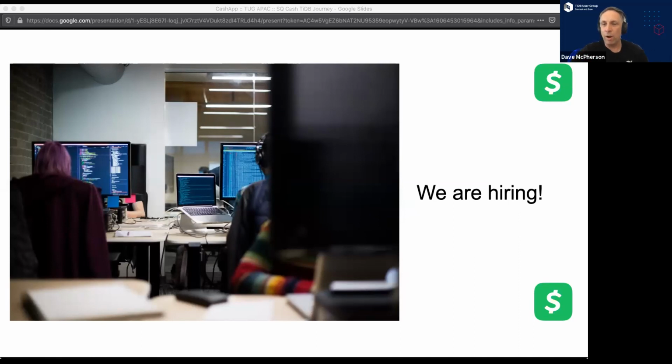So we are actually hiring at Square, and in particular within Cash. We're using, as we've been talking about, the distributed database TiDB. We've got Kubernetes. We use a lot of Go in our stack as well. Our teams are pretty distributed, so we've got quite a number of offices around the world. Or if you look around you at the city that you're in, that might well be where our next employee is sitting. So please, if you're interested, reach out.